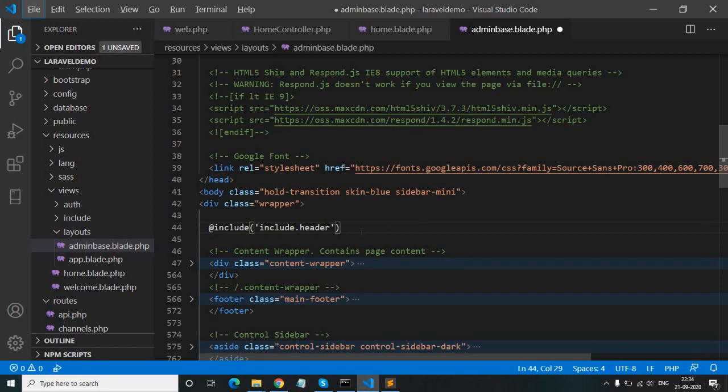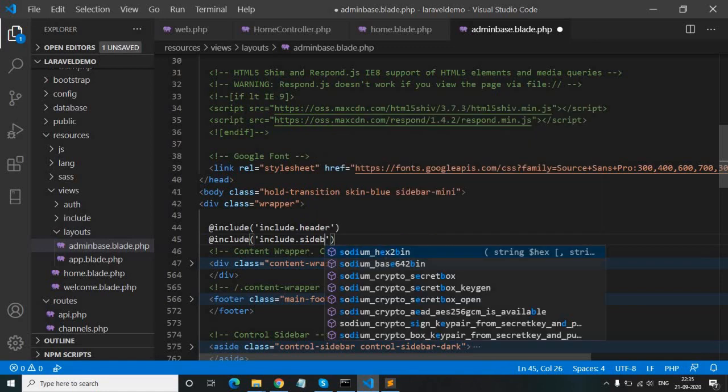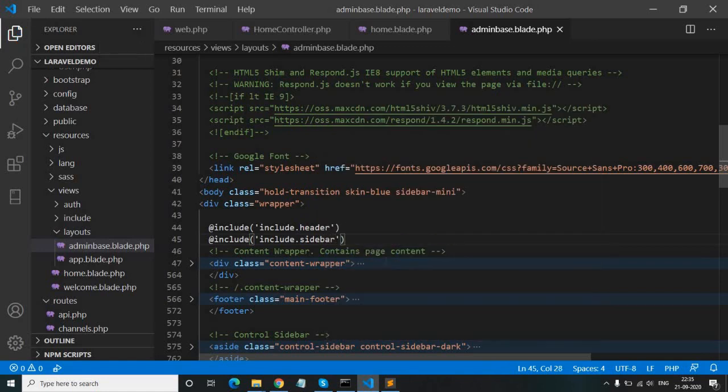One more, include dot sidebar. I have called the header first because we have removed the header HTML from the upper side of the sidebar section. Then the sidebar.